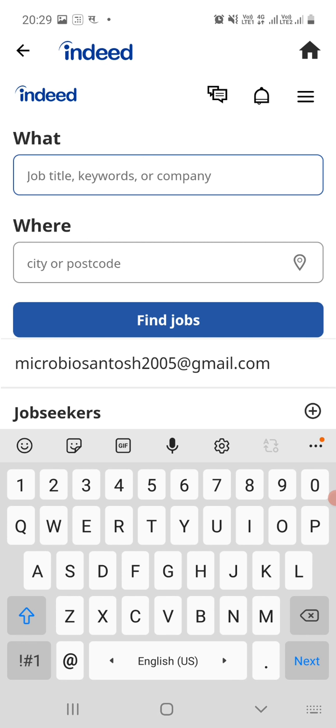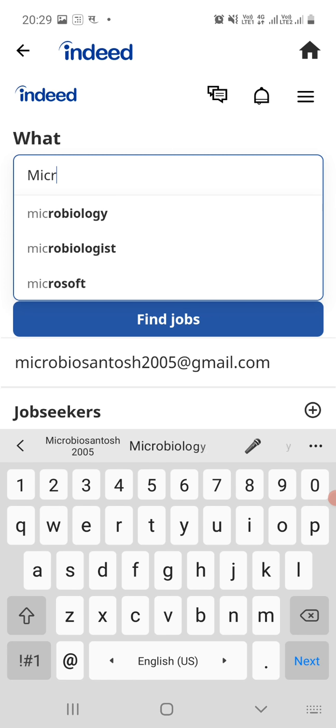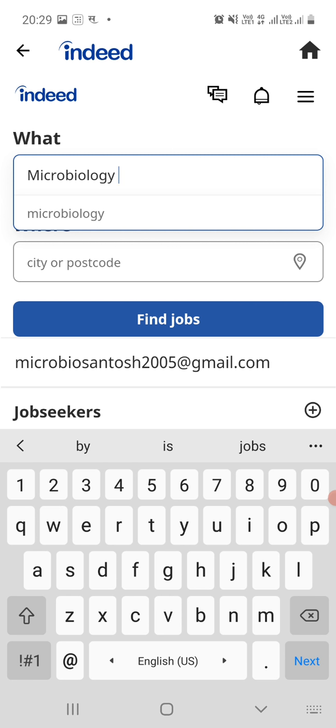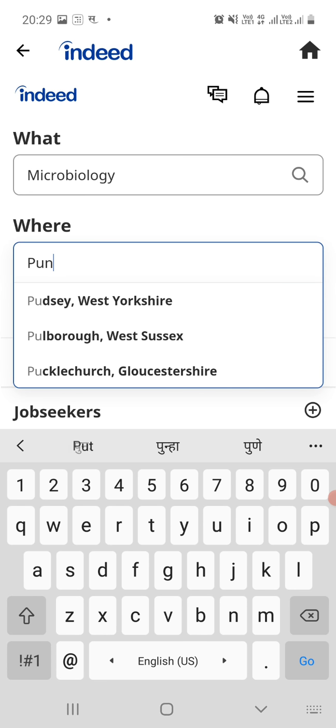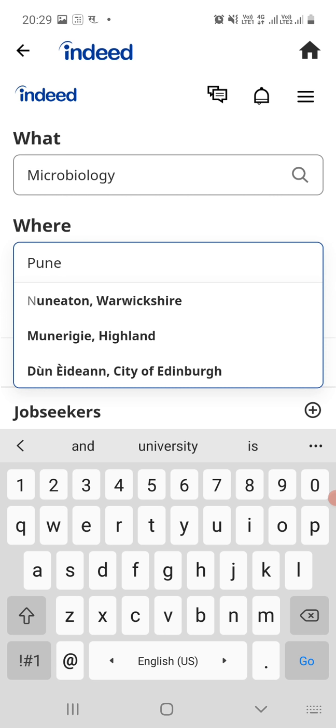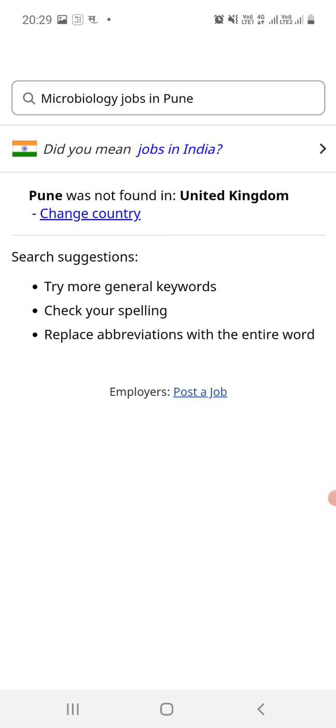For example, if I want to search jobs in microbiology, I will type microbiology here. After that, if I want to search jobs in Pune, I will type Pune here, and after typing Pune, I will press enter or click on go.